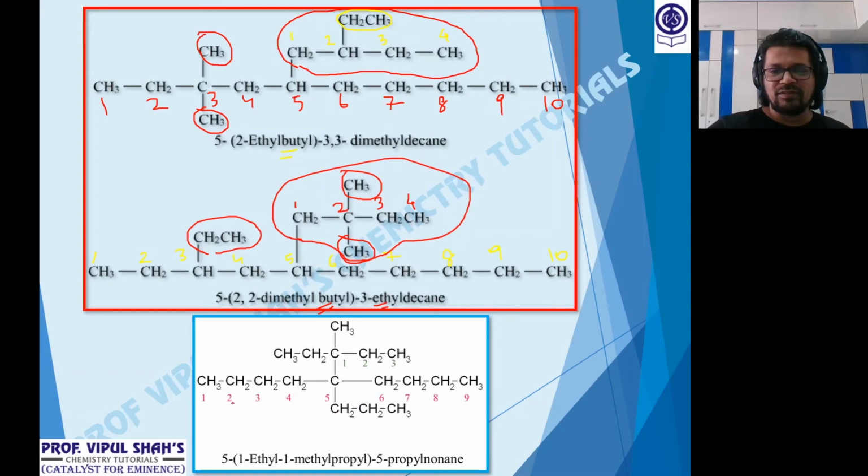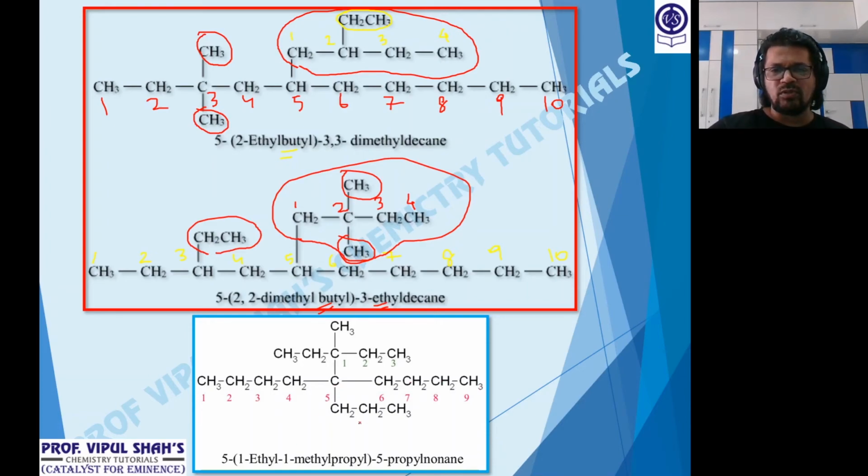Now here if you observe, the numbering is already done. It's a chain of 9. So that is nonane. Let's see how many branches we got. Basically 1, then I got a second branch. So 2 branches. If I would have gone any other way, 1 2 3 4 5 6, it doesn't fit. 1 2 3 4 5 6 7, that also doesn't. 1 2 3 4 5 6 7 8, that also doesn't, none of them. First rule: continuous chain was this only.